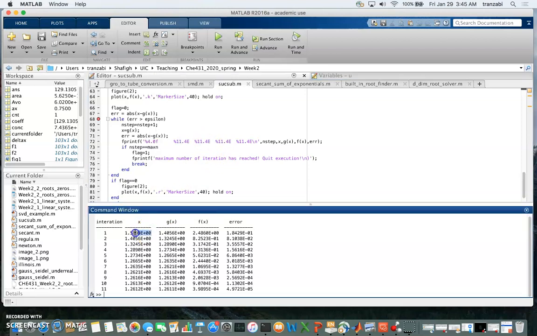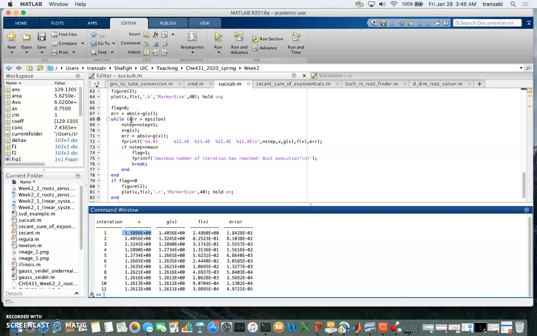If we count, there should be 12, well, it should be 11 from here to here. And yeah, so that's what the format means. If the number of iterations reaches the maximum number of iterations, and we didn't